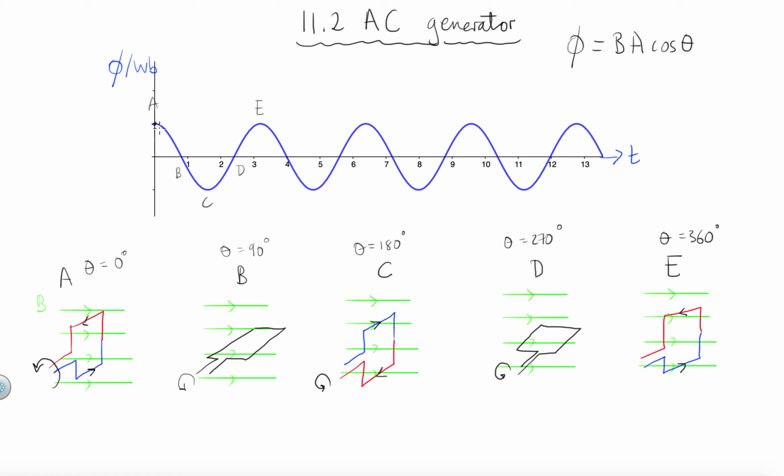So here we are. Then, as it rotates to this position at B, the angle between the plane and the field is 90. So since cosine of 90 is 0, we have 0 magnetic flux. Then, at position C, we've now rotated 180 degrees from the original position, and the magnetic flux is now minimum